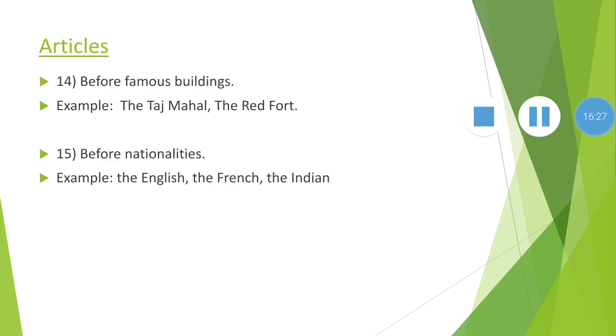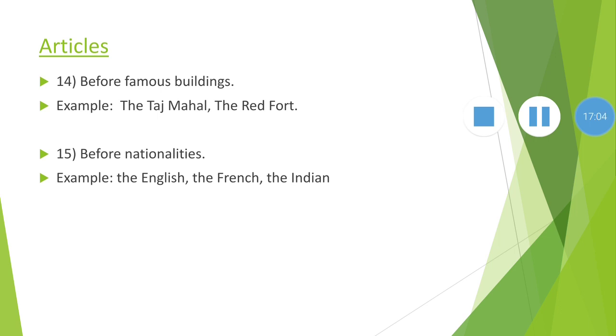So we see in this video how to use the article. The is a definite article which is used before the noun, indicating the particular or specific sense. In the first video we saw a and an, the indefinite articles, and in today's video we have seen the, that is the definite article.